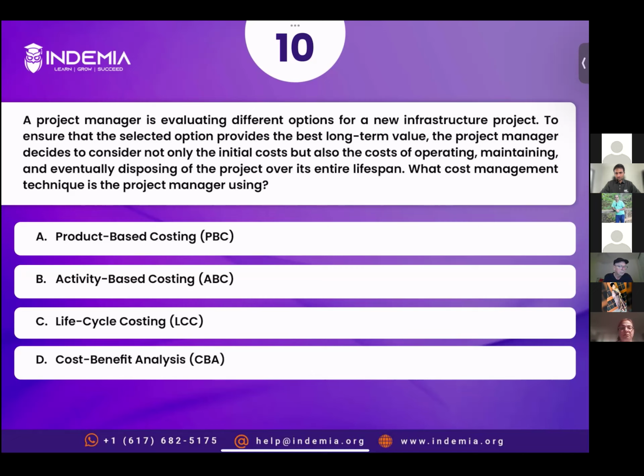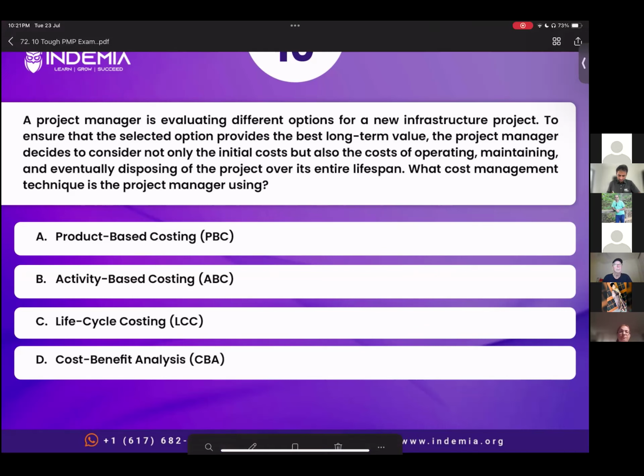Francis, you have chosen option A, and then you moved to C, I guess. No, I think that was the previous question. I chose option C. Why? So the reason is I think you are evaluating the cost over all the stages, including maintenance and over the entire lifespan. So that's why I chose C. C, so that will include the cost for maintenance, in addition to all these other costs. All right, thank you for the detailed explanation.